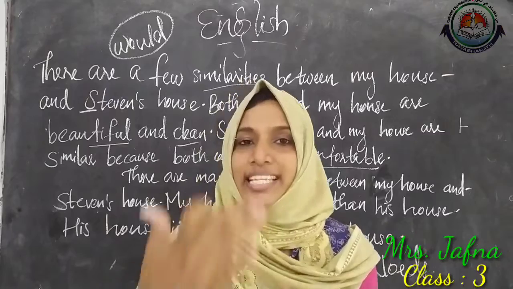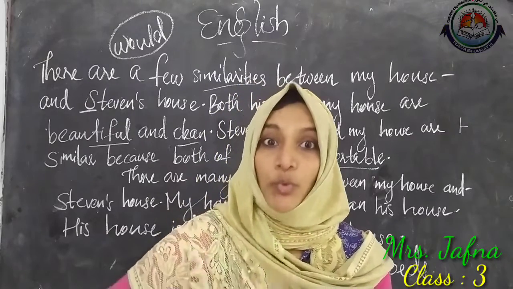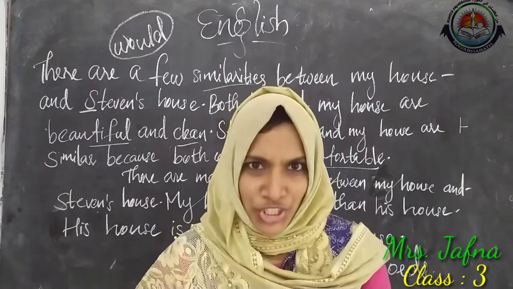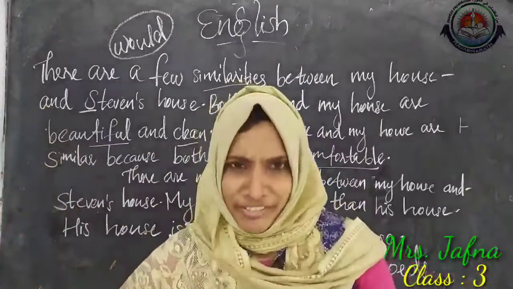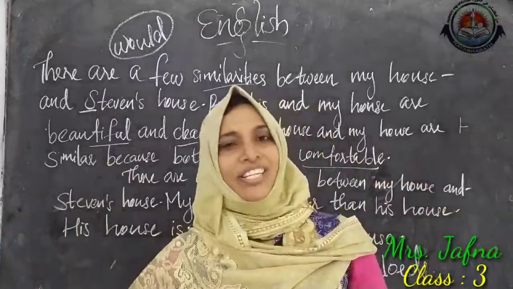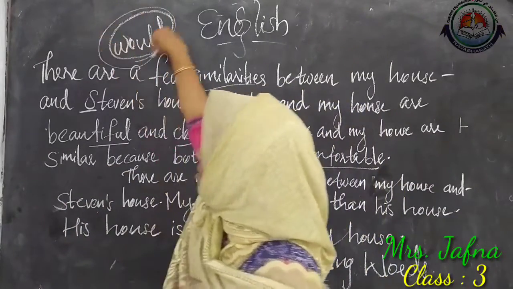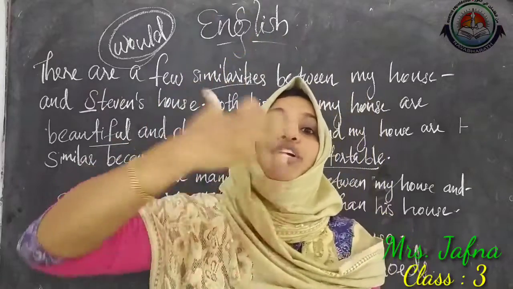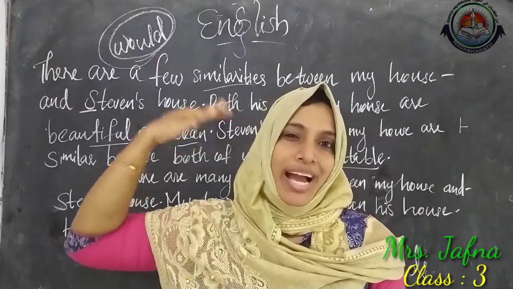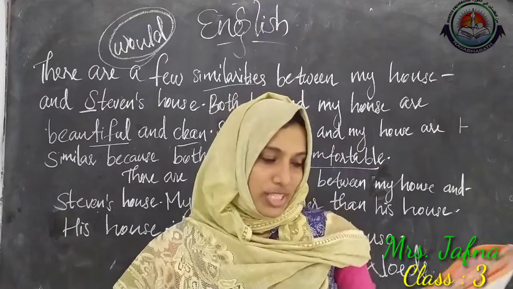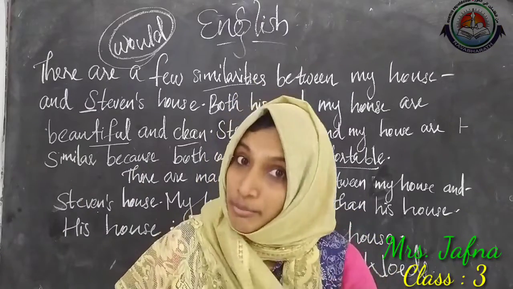Then in the next sentences you can write about what are the differences. Yes, they would become so rich, or he would have so many friends, he would have so many toys. Likewise, you can use this word would. Means it is going to happen about the imaginary things. You just imagine. Okay, so this is how you can complete this question number 2.